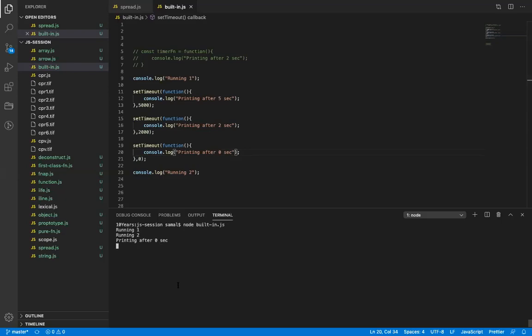Right? So even if you put something in set timer, even if that is a zero, it will always get executed after the main code is finished. Basically, anything which is taking a callback runs after the main code is executed.